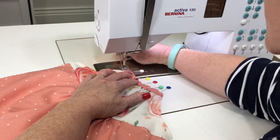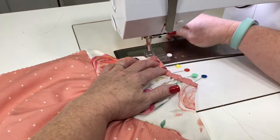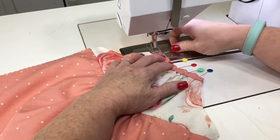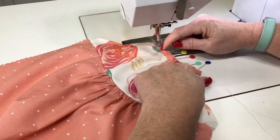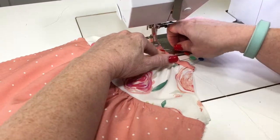I'm going to back stitch for sure, because this is really thick along that side, along that edge where it's doubled over, so I'm going to help it. And okay, I'm going to keep that right along. I'm keeping this fold right along that inside edge. And every time I come to a pin,